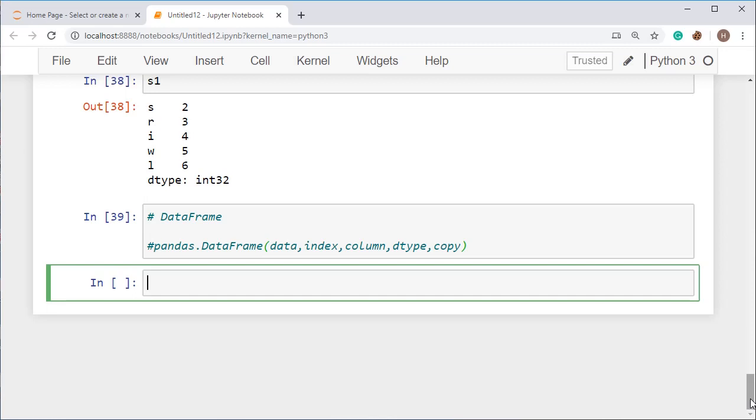Columns are the optional labels, meaning you can change the label for the column.